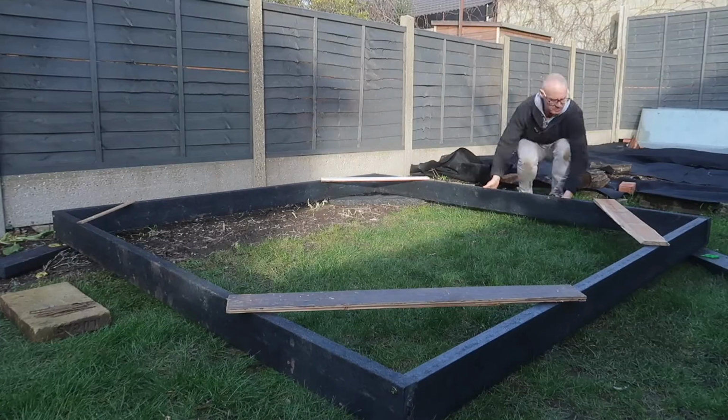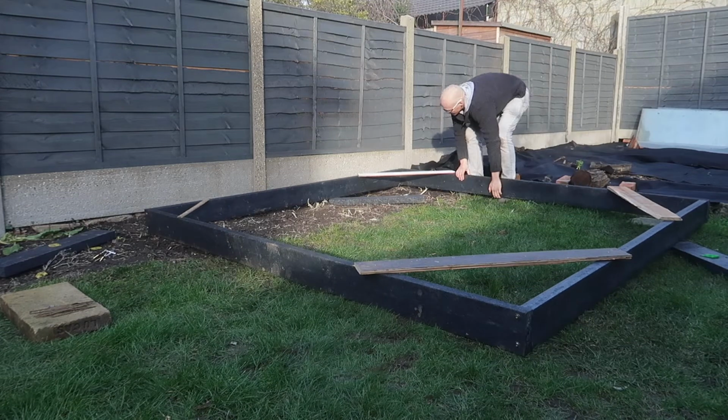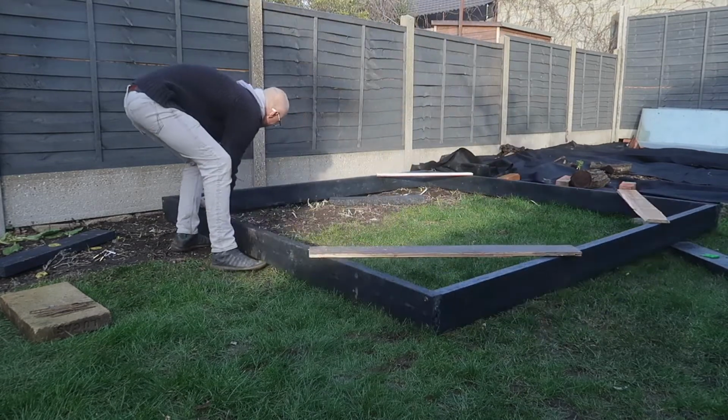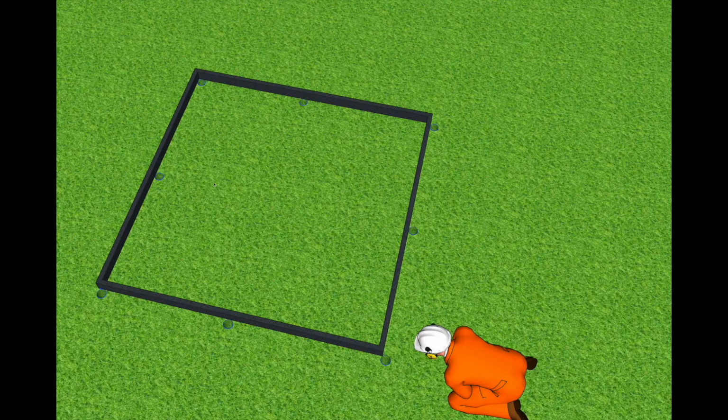With the braces locking each of the 4 corners to 90 degrees, I can simply drag it close to its final position. I say close to its final position because I still have to drill holes for the concrete anchors, but it is easier to show you what I mean using this animation. Right, so here you can see our base laid out, and for the 2 horizontal sides, so this one and that one,